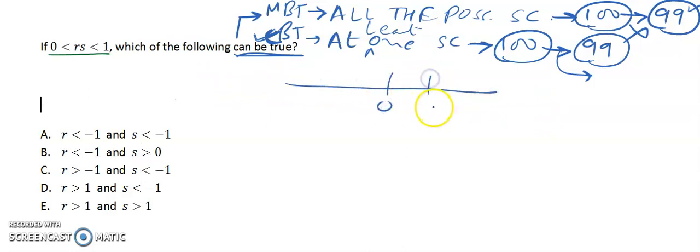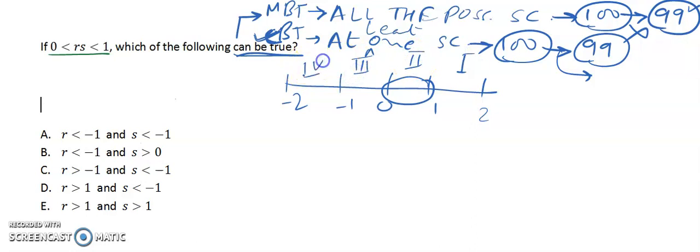This is 0, this is 1, this is 2, this is -1, and this is -2. So RS lies in this range, between 0 and 1. With this in mind, let's